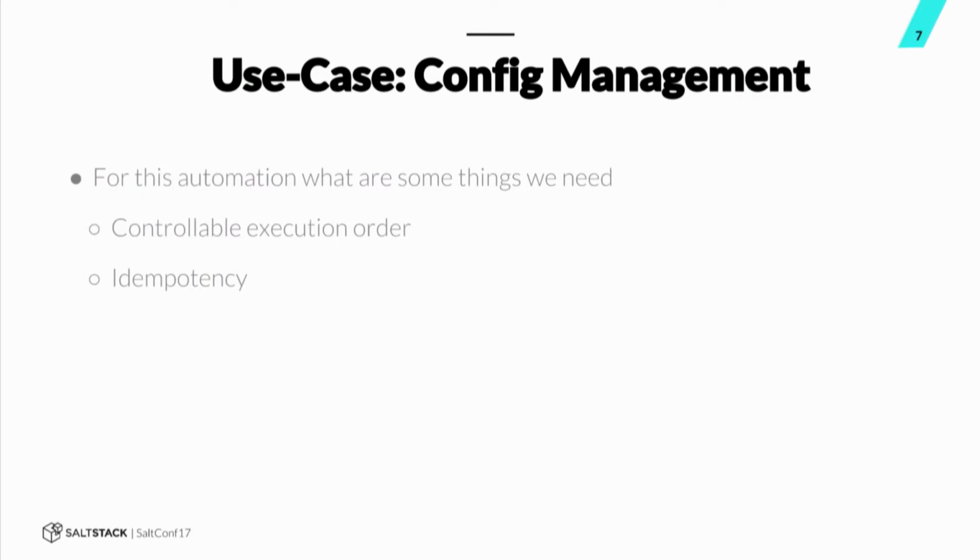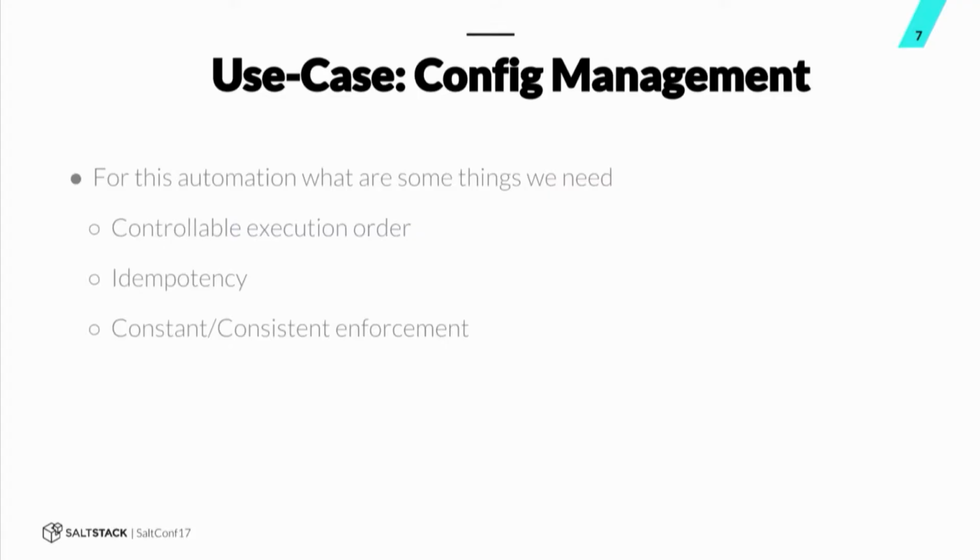Idempotency is really important. This is the ability to just run something over and over again and have it complete eventually. So if my add user somehow fails in the middle, I don't have to do magic to fix it so that it'll run the next time. I can just keep mashing the button until it works. And then constant and consistent enforcement is another big one. As we're moving from our one guy touching the boxes all over creation, having a system that can maintain the state for us, as opposed to just doing it one time, is immensely helpful